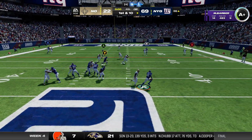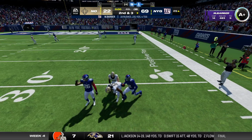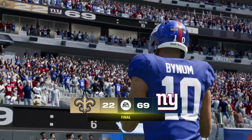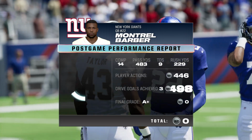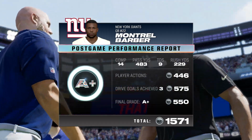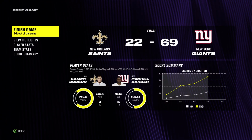Throwing on first down. Barber. And he'll be taken down here, and that is how this one is going to come to an end. Well, fans usually love to see scoring, and there was no shortage of it today. What a dominant showing from an offense that was truly playing at an elite level in this contest. Partner, this game was over a long time ago, and you noticed they did not want to slow down anything. Absolutely a dream scenario for everyone on that offense, and they took advantage of